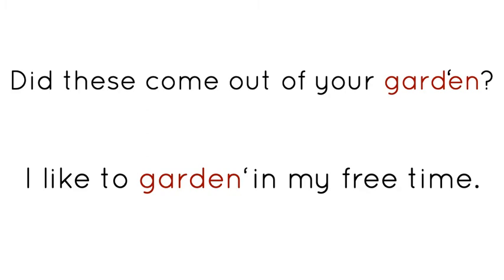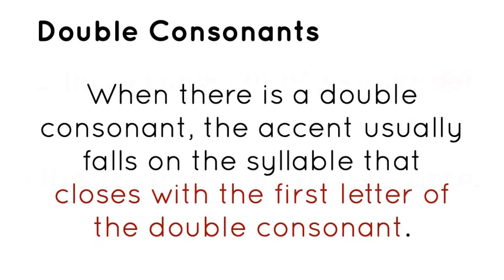Now, this works with words that can often be considered both a noun and a verb. Let's move into some spelling patterns. When we're thinking about double consonants, the accent usually falls on the syllable that closes on the first letter of